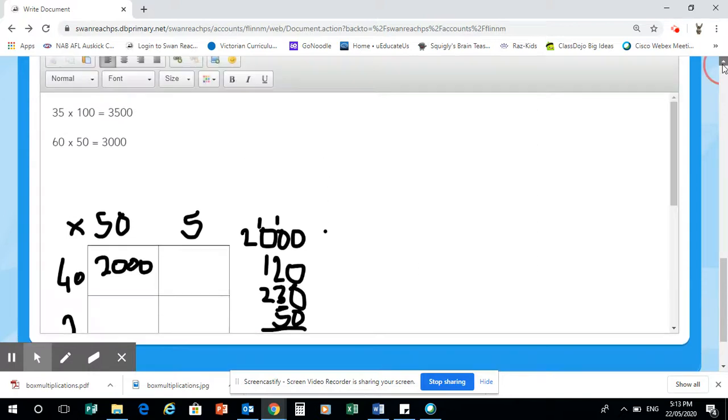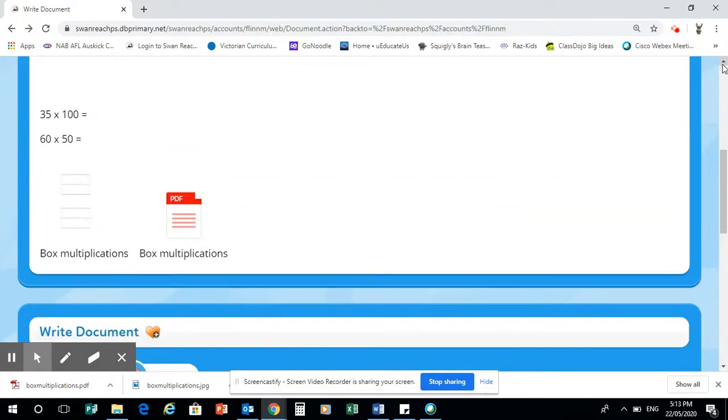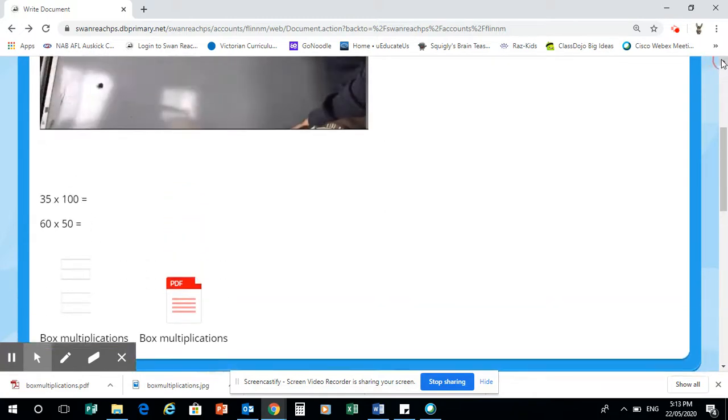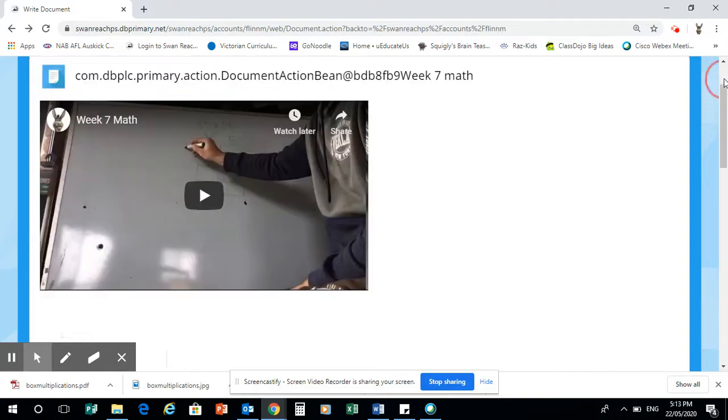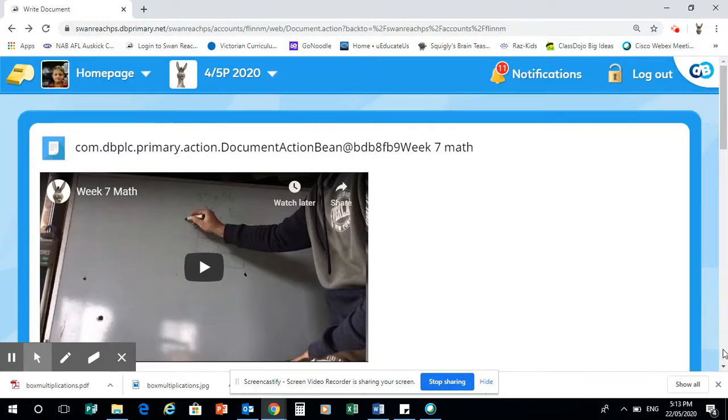Now, if you're one of those people that were actually doing it on a piece of paper, then taking a photo, and then trying to upload it, we did have an issue with uploading PDFs. If you are one of those people, you need to stay watching. If you're doing it on the Paint, you can go now and start doing your work. So if you are doing it as an image, what you need to do is email me your file, okay? So for example, you go to homepage,